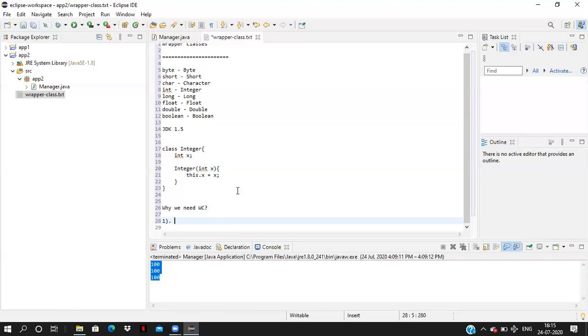We have primitive types, then why do we need a wrapper class? What is the use of a wrapper class? We can ask the question in a different way.